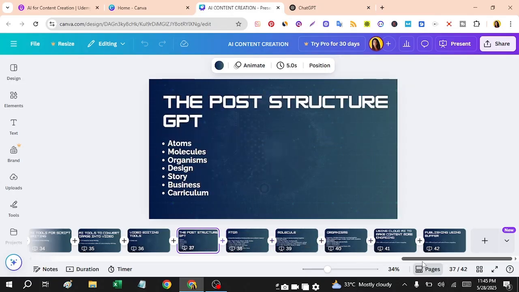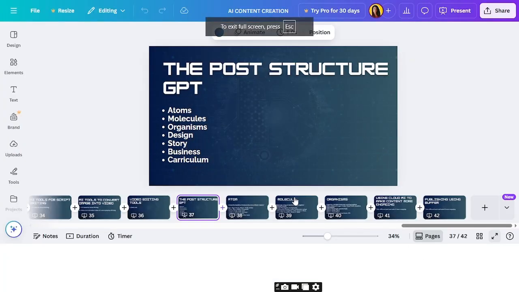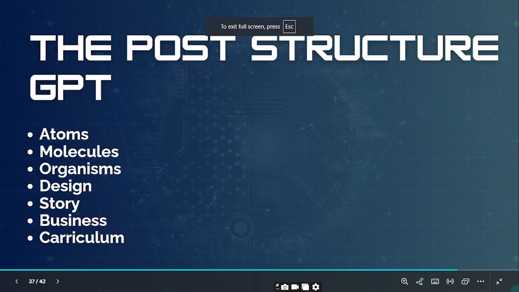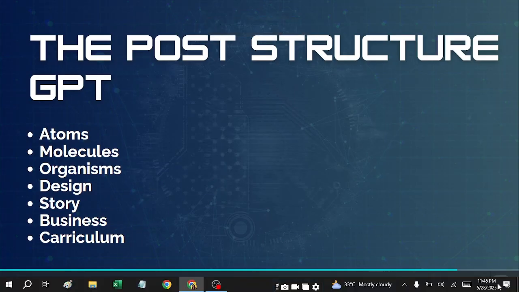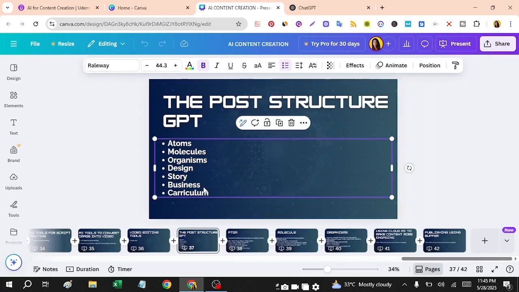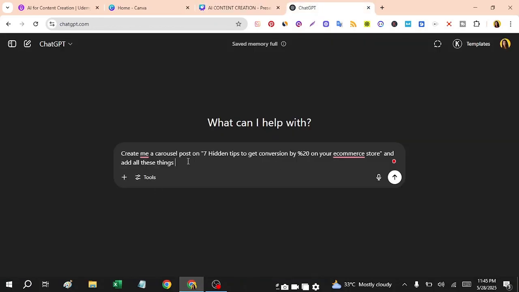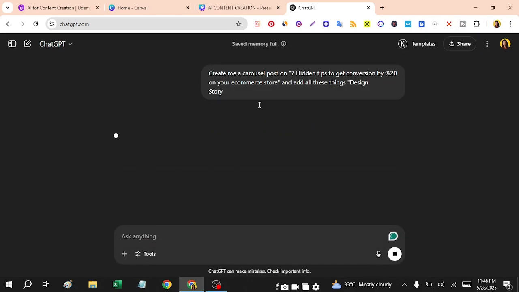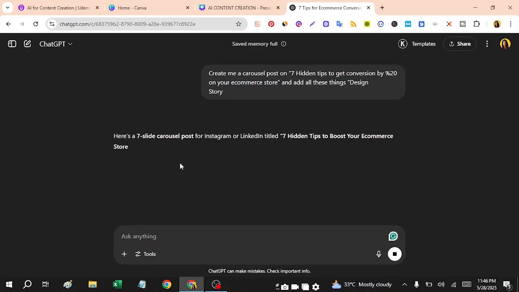You need to be doing this. Just copy these two things, storytelling and design, and then you will eventually get the actual post, the content. Let's see what this comes up with.